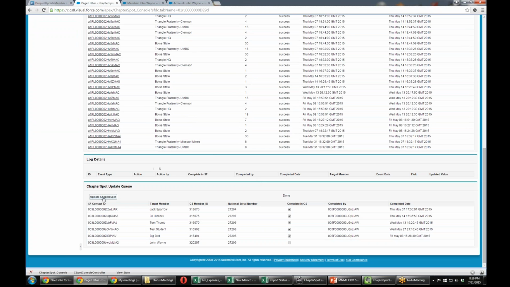Again, this would normally process at 2 a.m. every night, but we want it to happen right now for demo purposes. So I'll click this Update ChapterSpot button and refresh and scroll back down, and you can see the checkbox has been checked here. And you can see the national serial number here of